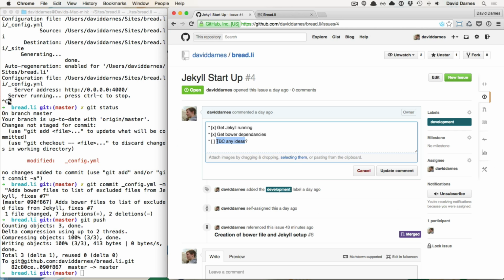I'm going to change this. I'm going to give myself an idea, and that idea is to create first template file for Jekyll. In fact, let's call it create first Jekyll template. So we're going to create a template file for Jekyll to use, and Jekyll will use that